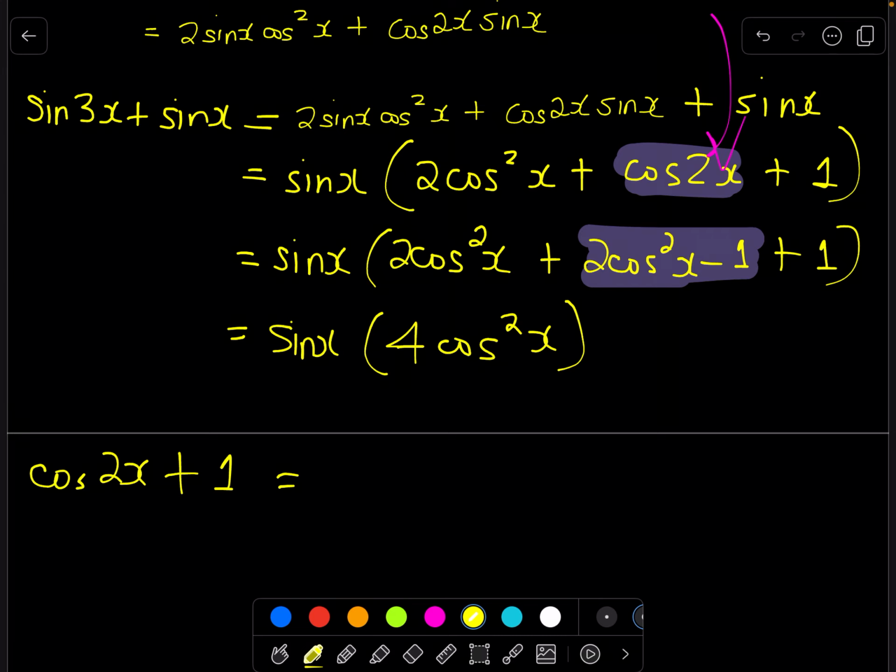Okay, right. So similar opportunity here. If we replace the cos 2x by this,